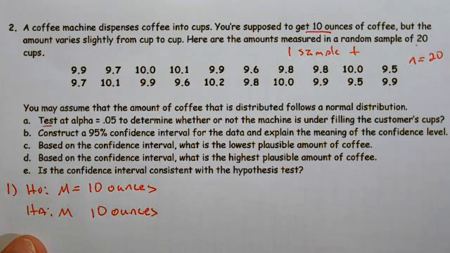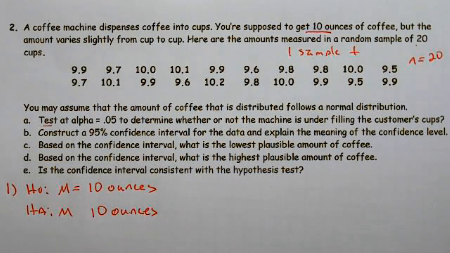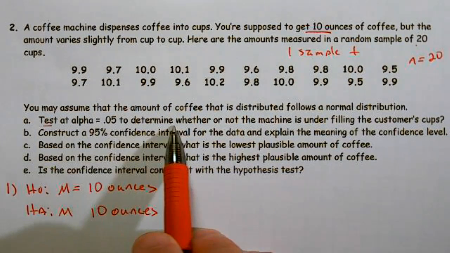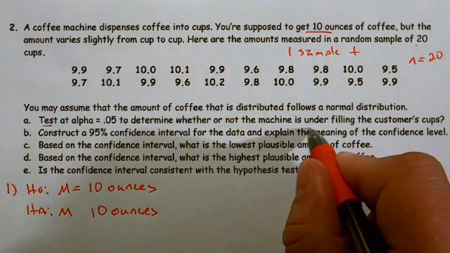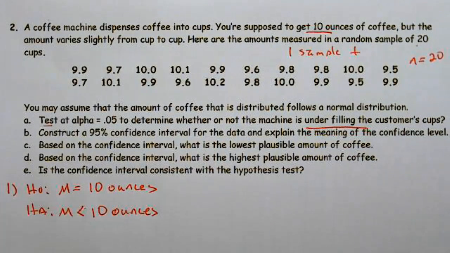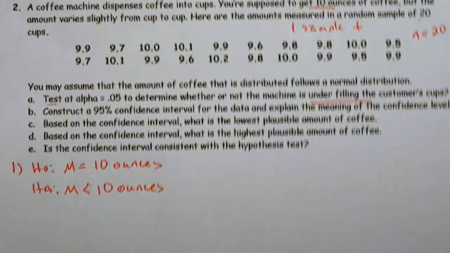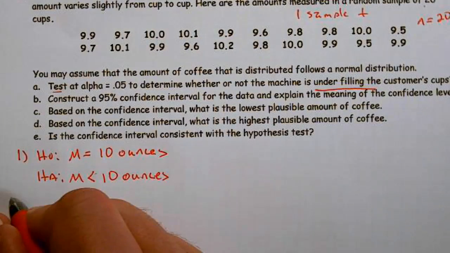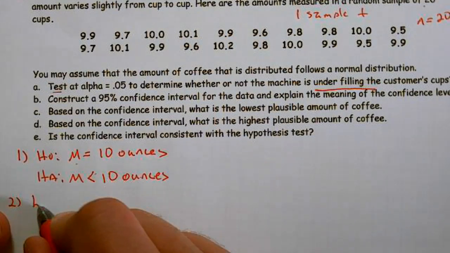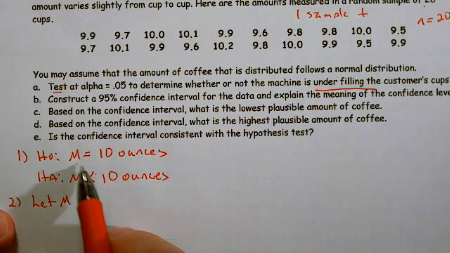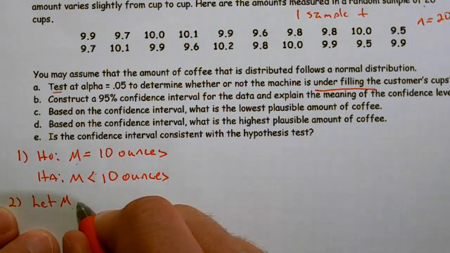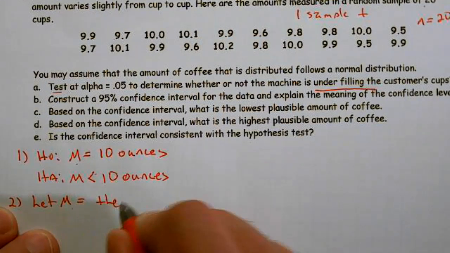We need to figure out what our inequality is. So when we look at this, it says to test at alpha equal 0.05, determine whether or not the machine is underfilling. Oh, we're worried about it being less than 10 ounces. All right. The next thing we need to do is define the parameter. Well, our parameter is let mu, and notice this is not mu d, this is mu because it's a 1 sample. So let mu equal the true